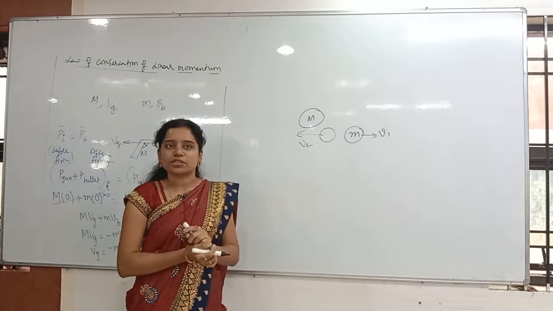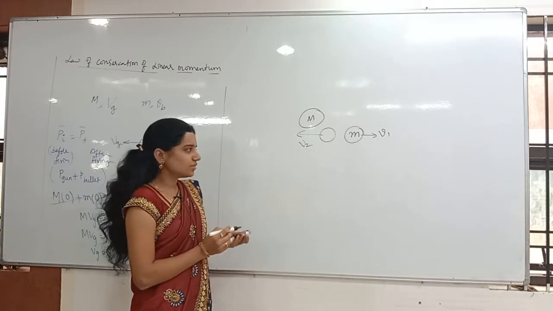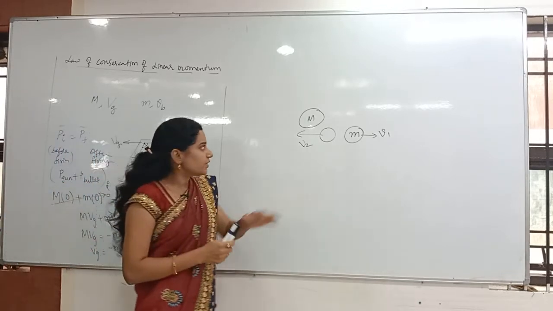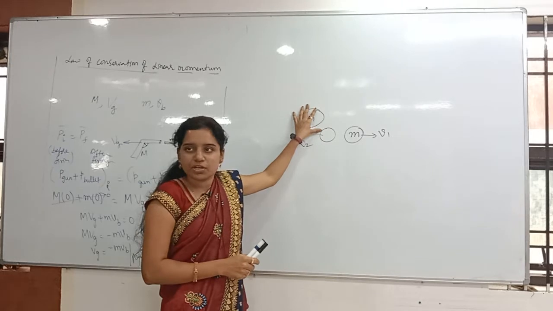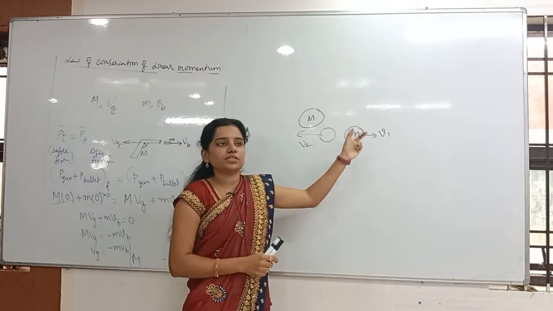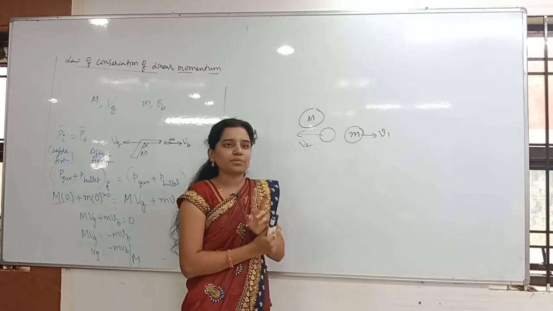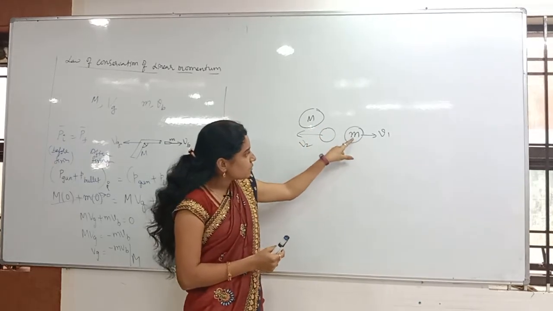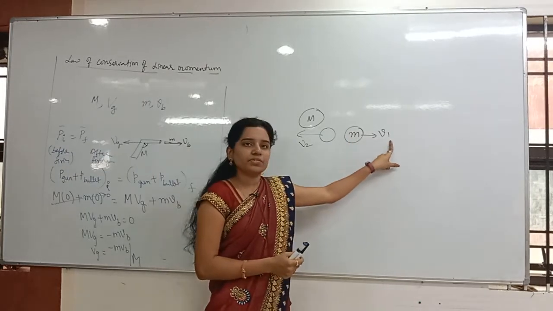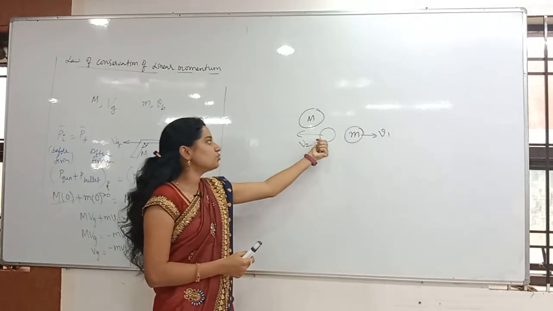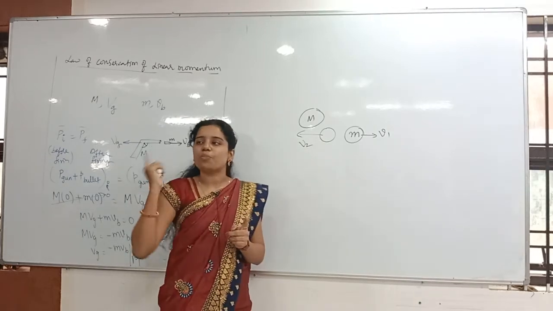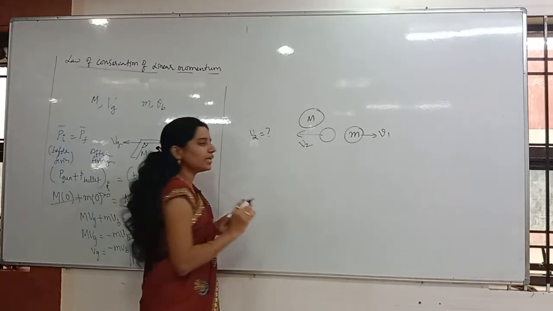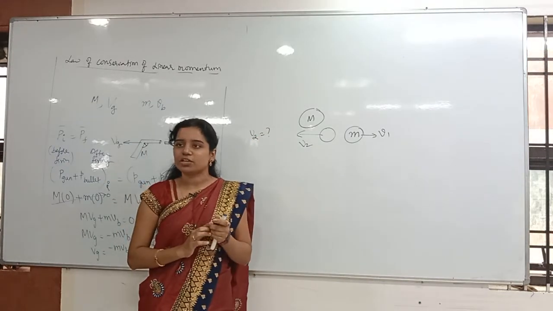What is the v2 velocity? Can you find that out? What I said, listen properly. First of all, a shell is at rest before exploding. After explosion, it explodes into two fragments. One is of mass m, the other is of a different mass. The first mass is moving with v1 velocity. The second mass is moving with v2 velocity in the opposite direction. I want you to find the v2 value. Again, you have to apply the conservation of momentum only.